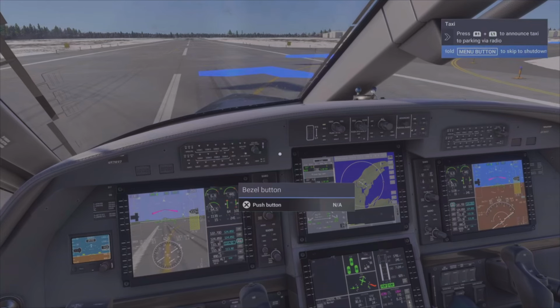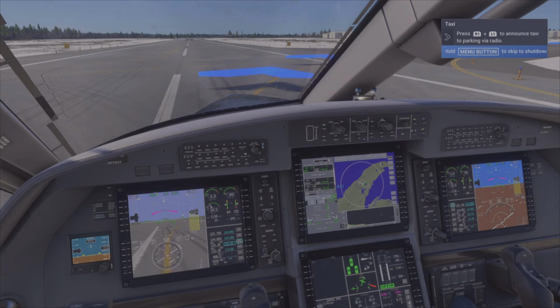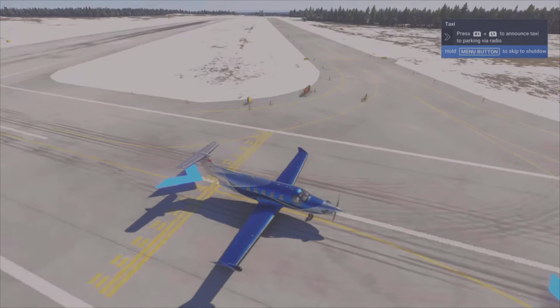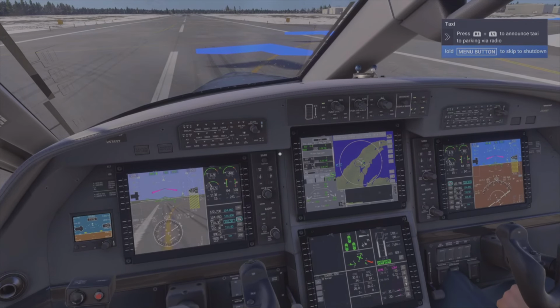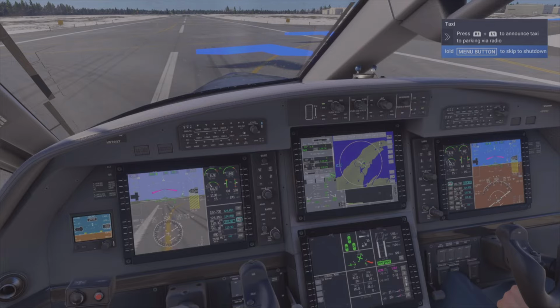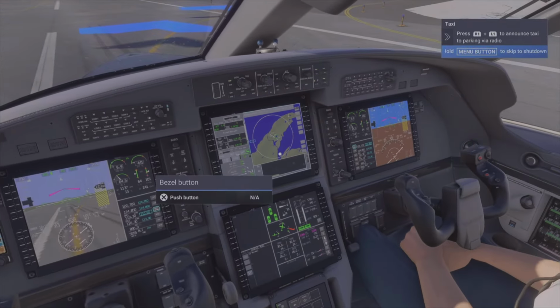That is the bug-riddled system that is the Honeywell Apex Prime. It's a shame because I do like this plane. I have said before, it is very forgiving. It is a delight to fly. It is a delight to take off and land. But this navigational system,